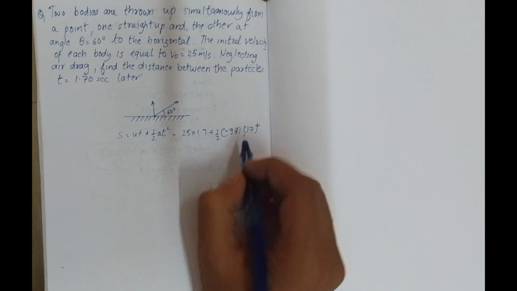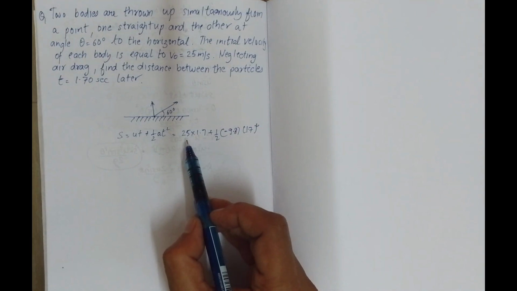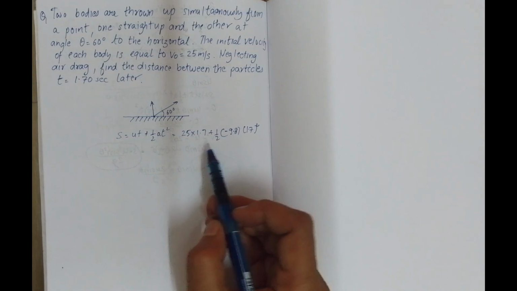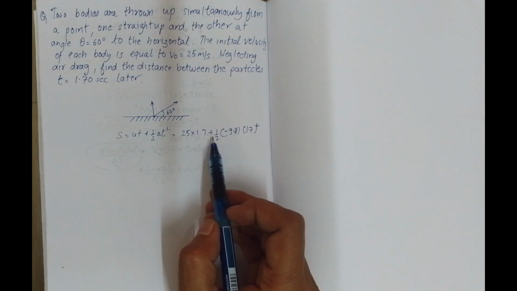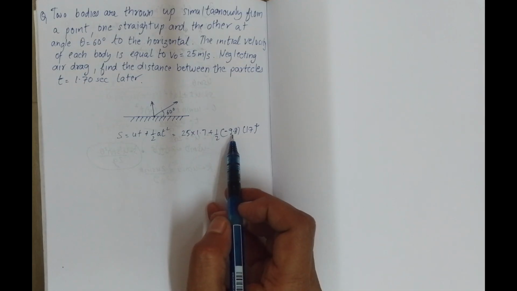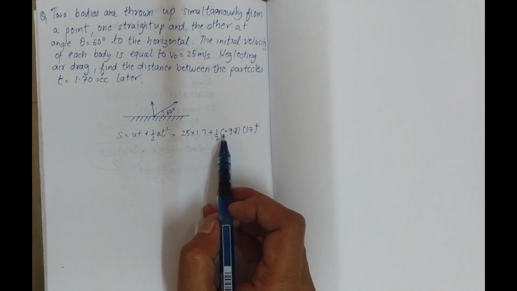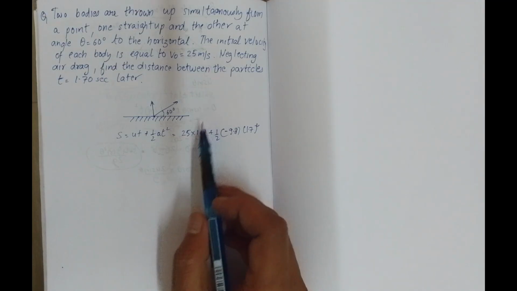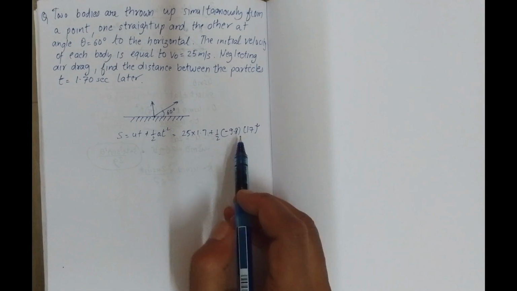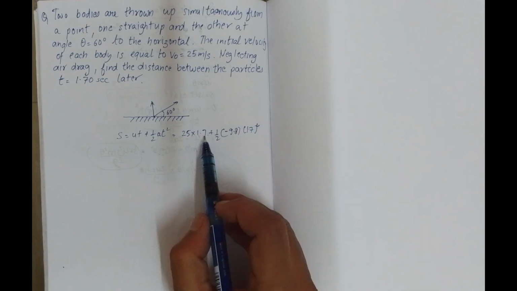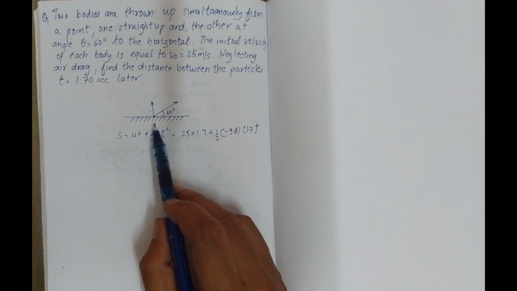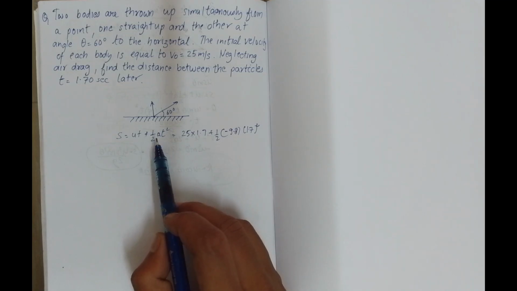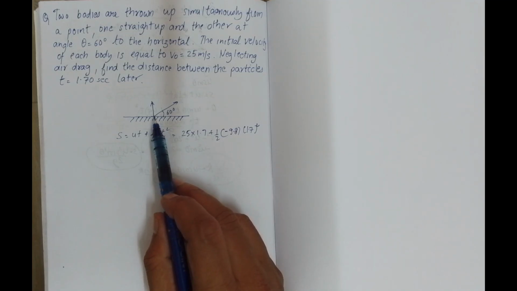Square. Why? What is 25? The initial velocity times t, where t is 1.7, which is the time interval, plus 1 half g. This is minus 9.8. I've taken a minus sign because it's acting downwards and the particle is being thrown upwards. And 1.7 square is t square. So we are calculating the displacement in the y direction for the particle 1